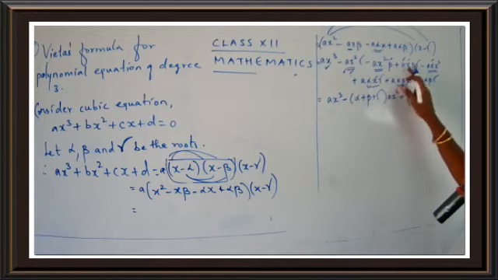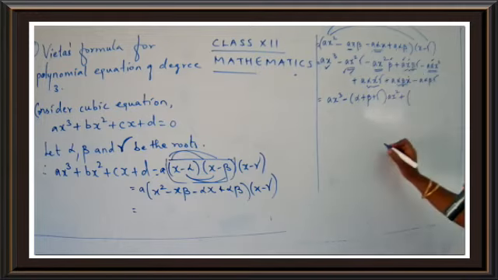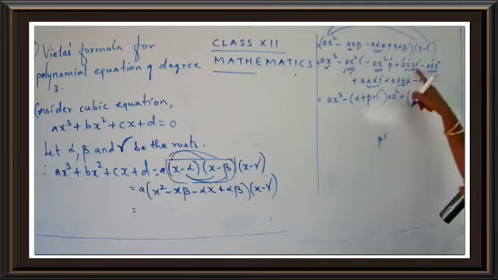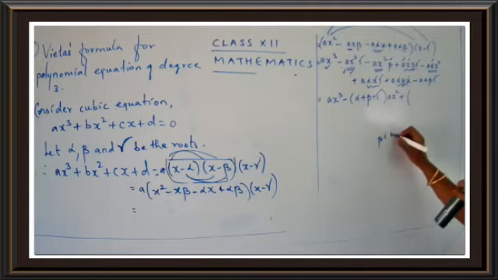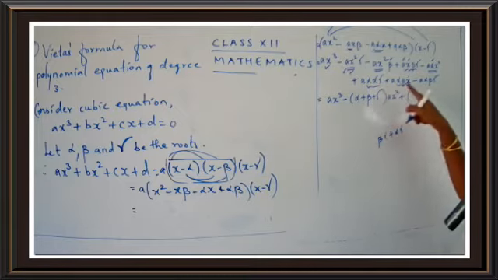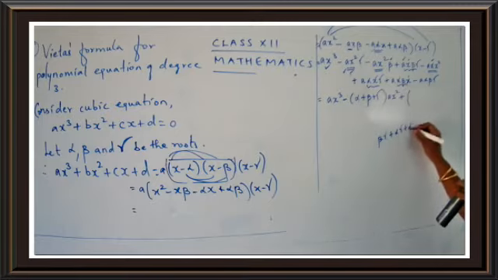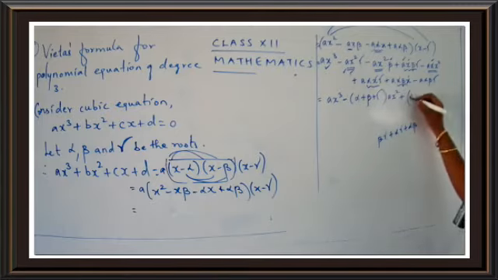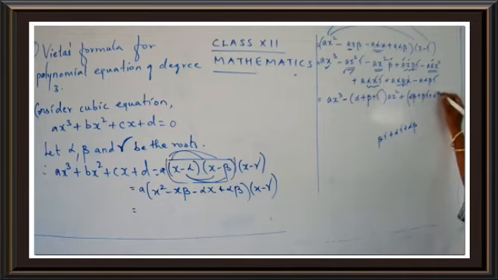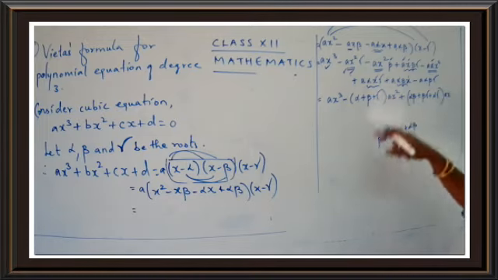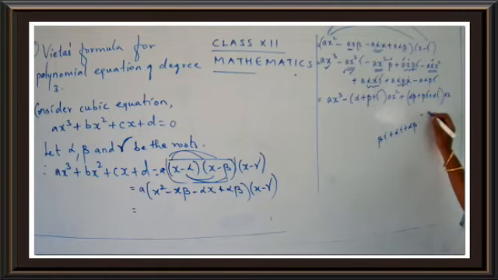So what is left here? This is beta gamma. Okay, I'll just write down here. Beta gamma. Then alpha gamma. Okay. Then alpha beta. So these are the three terms you get. I'll just write down in an order. Alpha beta plus beta gamma plus alpha gamma. A, x is common in all the three terms. And the last term is minus a alpha beta gamma.